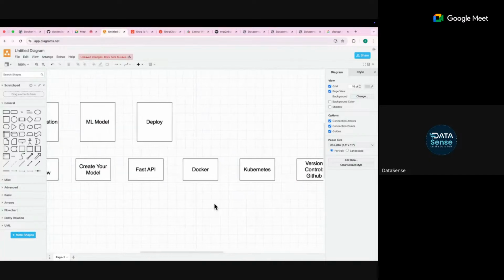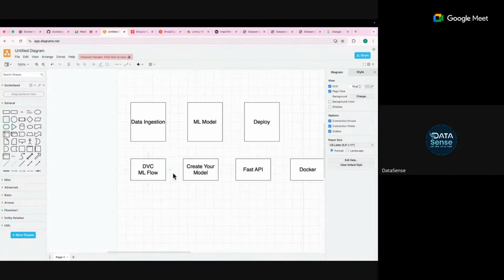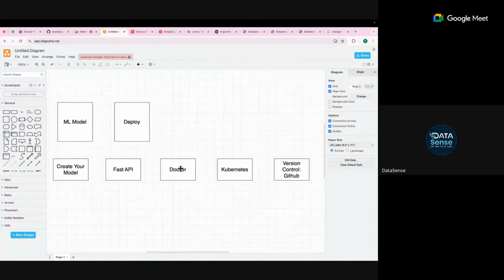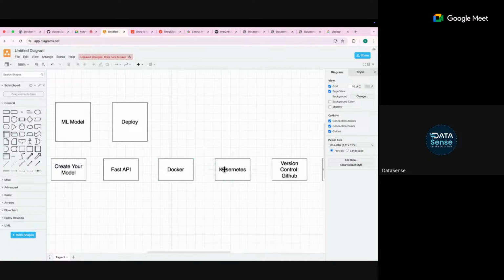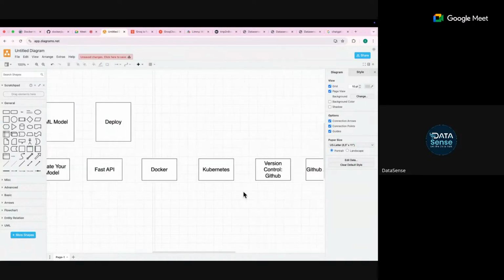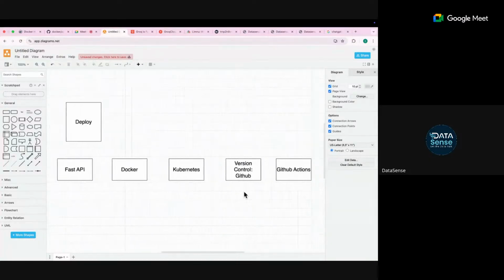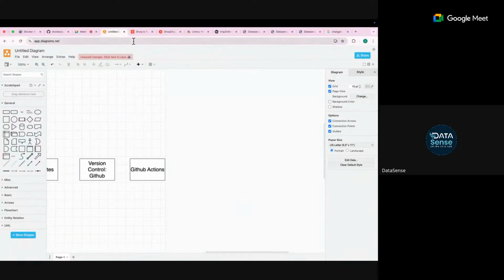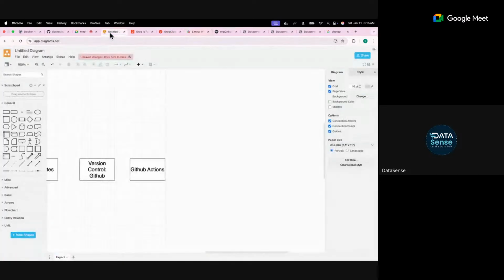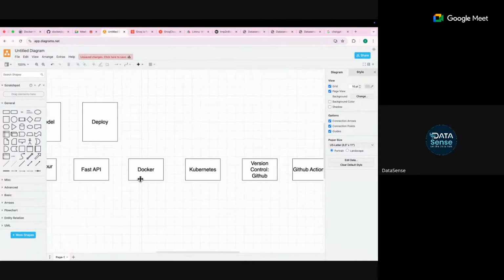If I have to talk about it, this is the pipeline. Your data will come from here. You'll create your model, then you'll convert it into an API, then you will Dockerize it, then you'll use Kubernetes for load balancing, then you will create version control. Right now, you will not understand what I'm speaking. It's totally fine. I'm just telling you the pipeline, how we are going to proceed. Okay, is it clear, guys? I mean, there are more steps and tools in between, but the major steps remain these only. I will add Apache Airflow, MLflow, more things here, but overall things will remain these only.